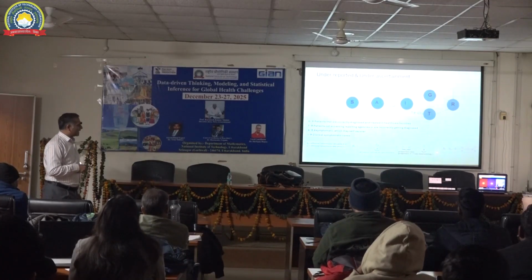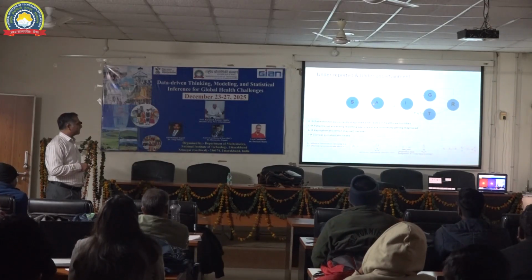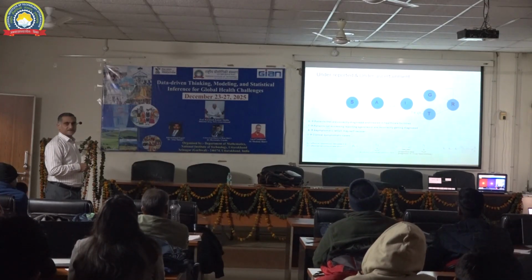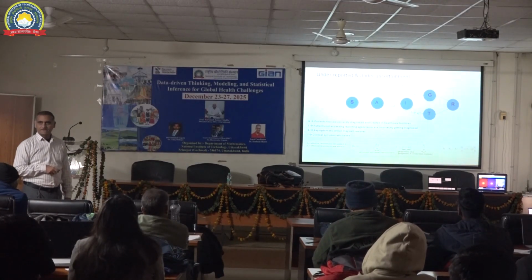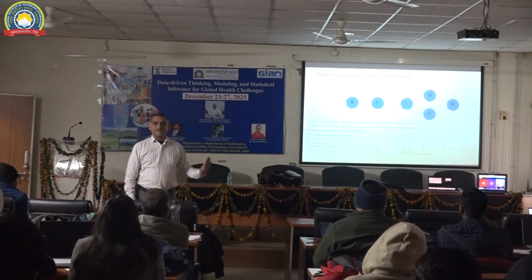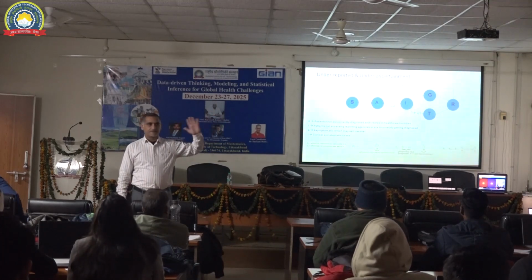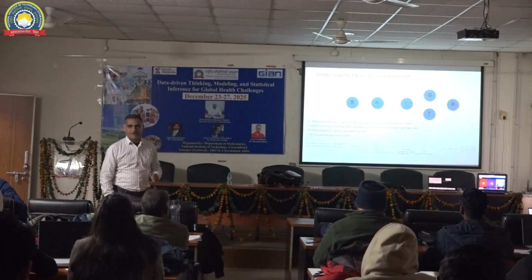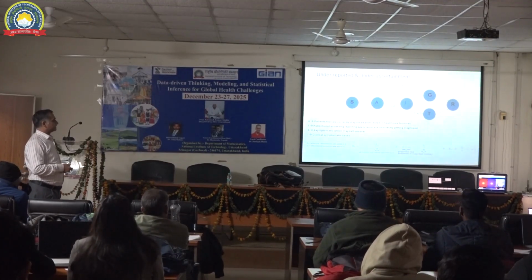So R naught is basically the sum of these two. On an average, how many this person and how many this person infects. It's a sum of that. Does that make sense? Yeah, so it's easy. And how do we calculate R naught? The same as the next generation operator that we showed in the epidemic modeling class. Okay? So once we have this thing,